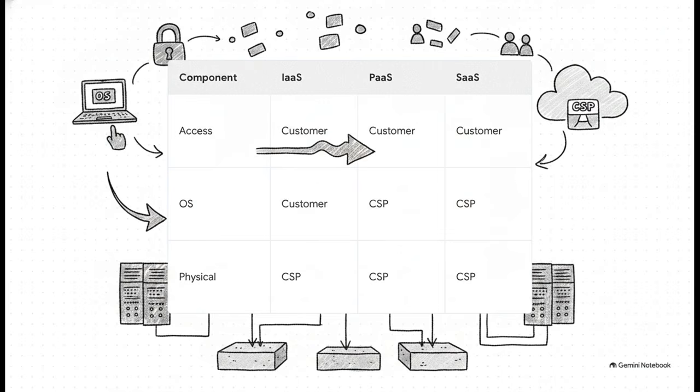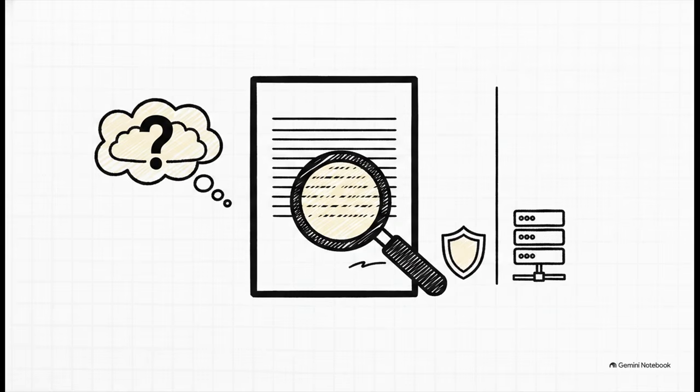It's kind of like renting an apartment. The landlord fixes the roof. But that top row, across the board, you're always on the hook for your data and user access. The middle layer, things like the OS and apps, well, that's where the line shifts depending on the specific service you're using. So the absolutely crucial takeaway here: you cannot make assumptions about security, compliance, or data integrity without explicitly